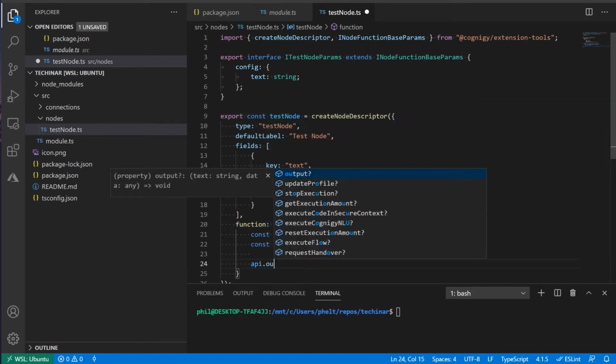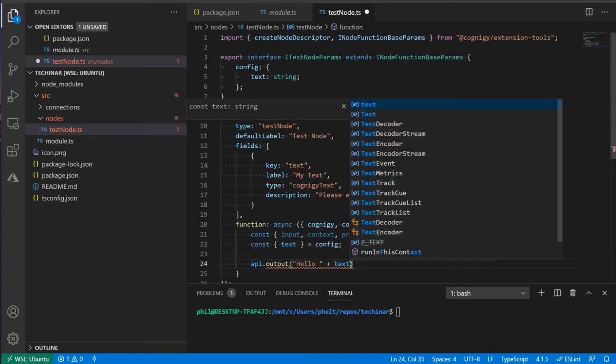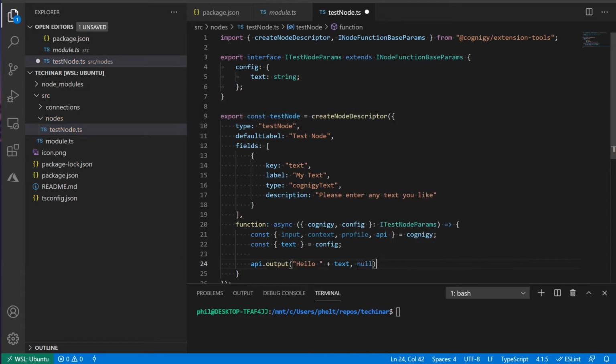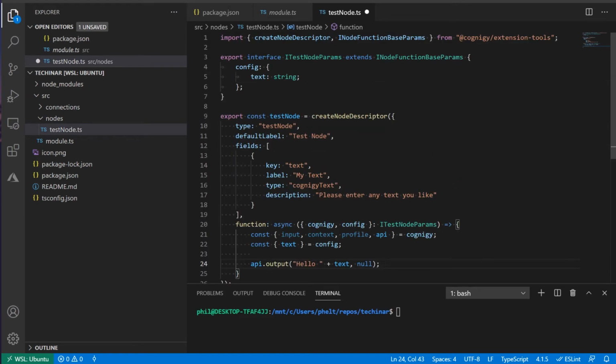So we're going to use the output function, and the output needs a text and data output. And maybe the text is hello, and then whatever the text was that was entered in the config. And there is no data that we need to output. And that's it. We've written our node, and the node will have a text field, which we can configure in the node editor, and then it will output hello and then that text that we've put in.